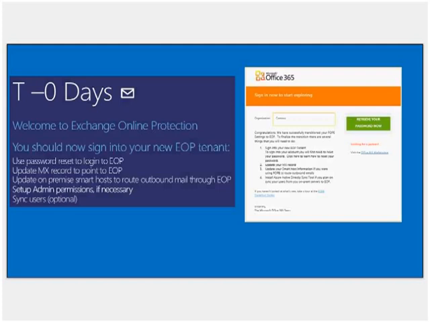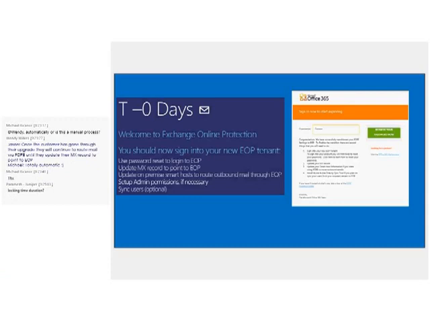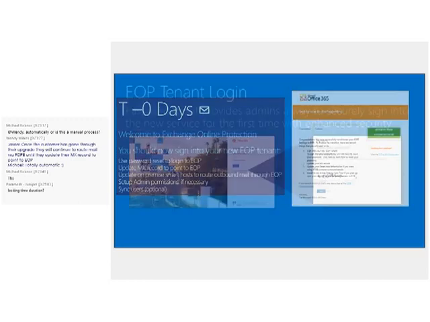Once we have transitioned you will receive the welcome email letting you know, congratulations, you need to log into the Office 365 or the EOP portal. You will receive an email asking you to reset your password. And once you have taken the action mentioned in the particular email, you will be able to access the Office 365 EOP standalone admin center with enhanced security.